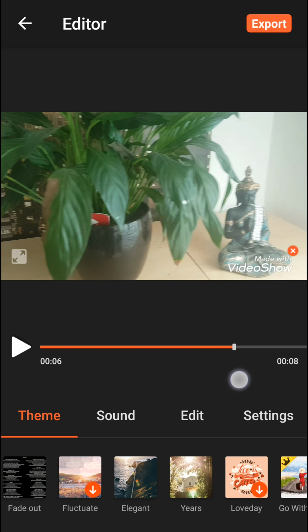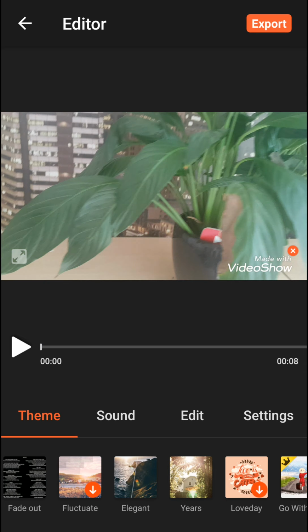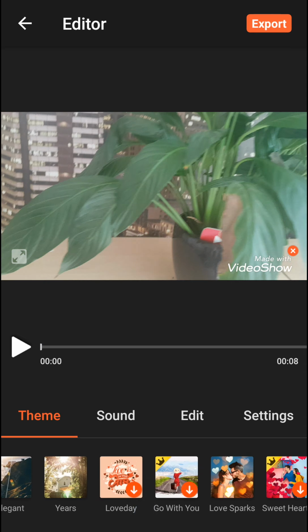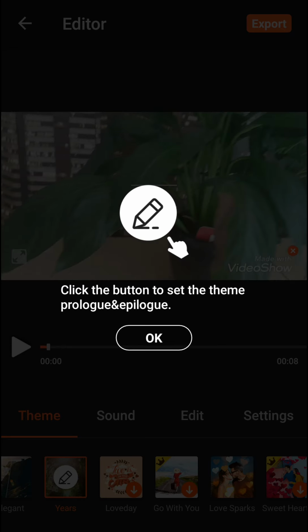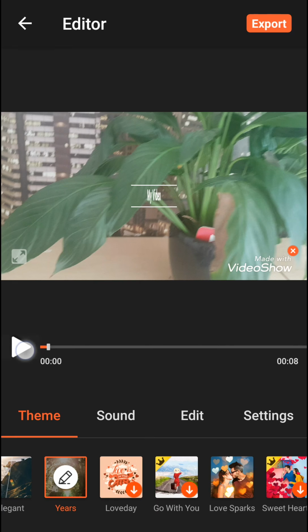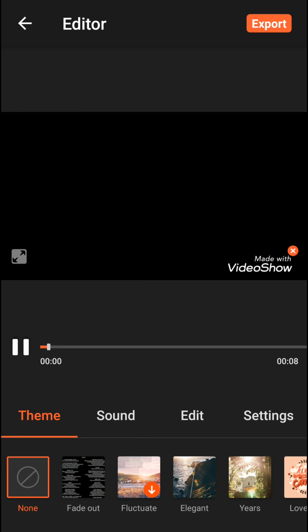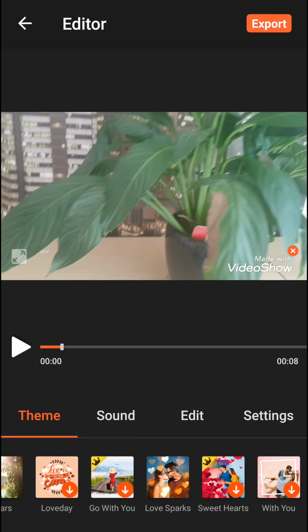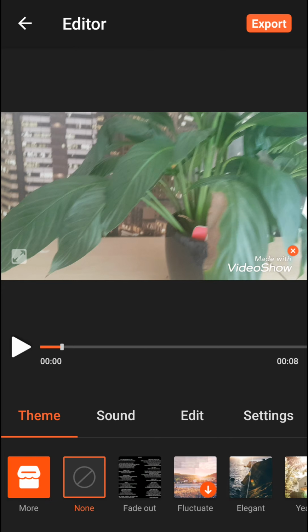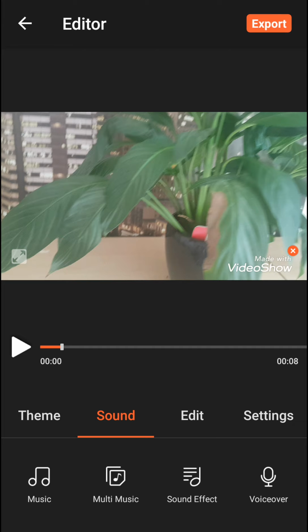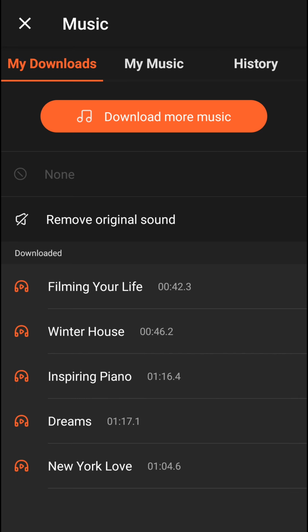First I have a clip here, and now you can have themes that you can paste and it will edit, or you can have just none. I prefer to having none effects themes. Then what you want to do is just you can click on the sound and you can insert your own music,